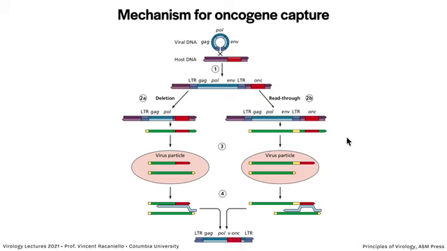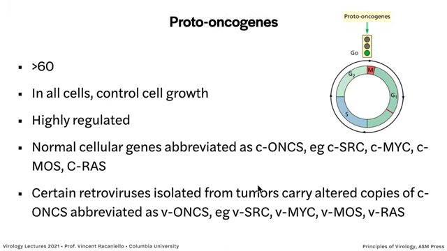And on the right is another way that you could get incorporation. The point is, the DNA doesn't actually excise itself. You should know that already. The provirus never excises. It's the mRNA that is made, which is then packaged, and this is how an oncogene would be picked up. There are other mechanisms as well, as we'll get to in a moment. Now, the study of all of these transducing